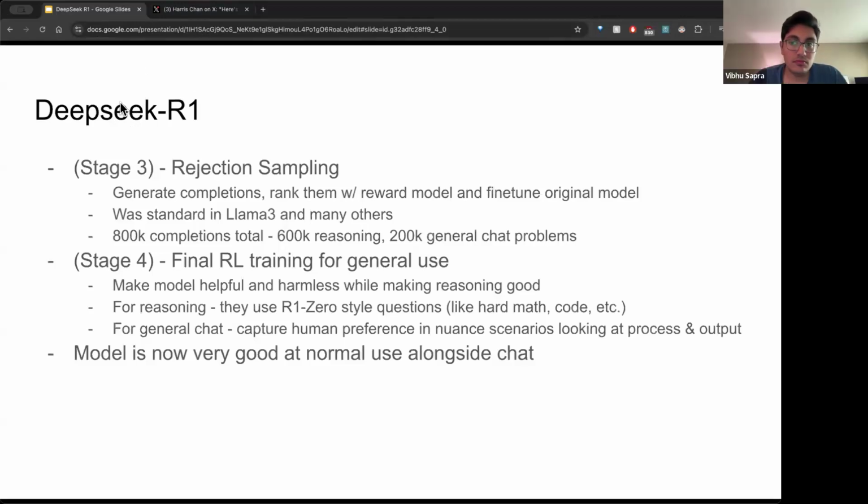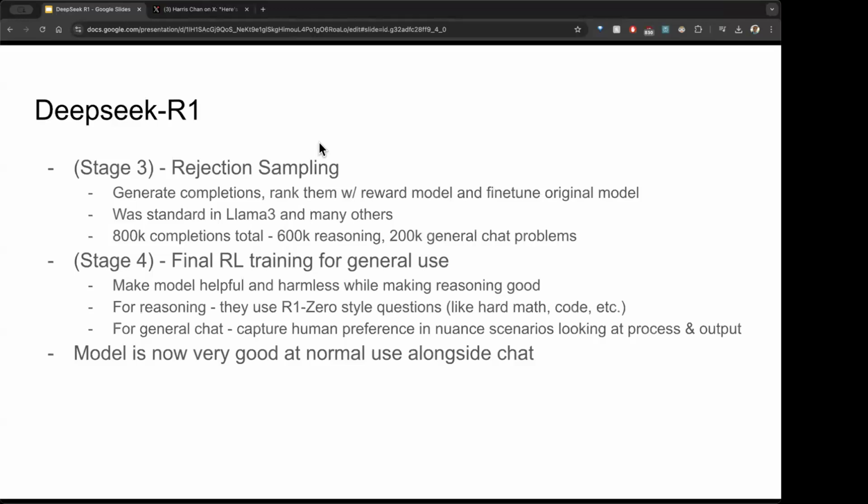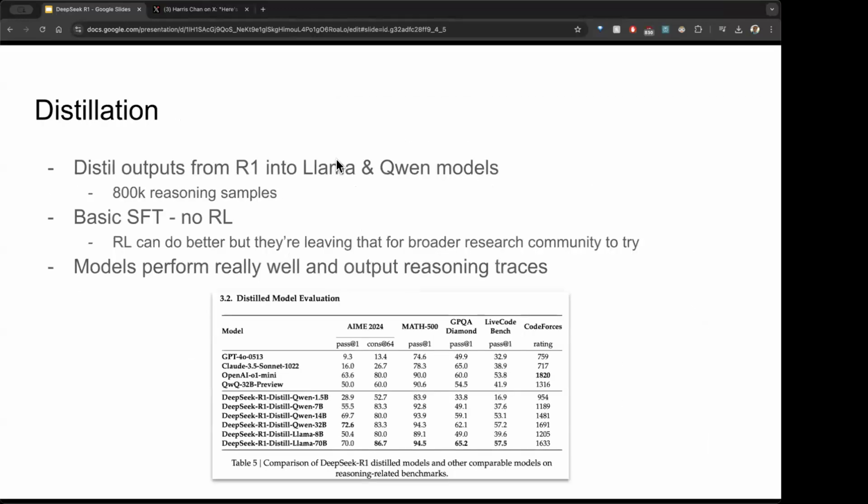Sam? Hey, did the paper cover how, when they create examples for SFT using rejection sampling on the RL checkpoint, what method they use to select the good examples? Sorry, I didn't hear that too much. They created SFT samples to what? Yeah, what method did they use to select the good examples when they're doing rejection sampling SFT on the RL checkpoint?